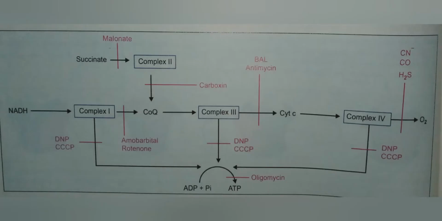So let's begin with the inhibitors, because I have already promised you all that we will discuss inhibitors in the third part of electron transport chain. And let me tell you one thing, inhibitors are not that important, but you should know the names. The names like malonate, that is an inhibitor of complex 2. Rotenone, it is an inhibitor of complex 1. So these two inhibitors are very important. Rest of the inhibitors are not that important.